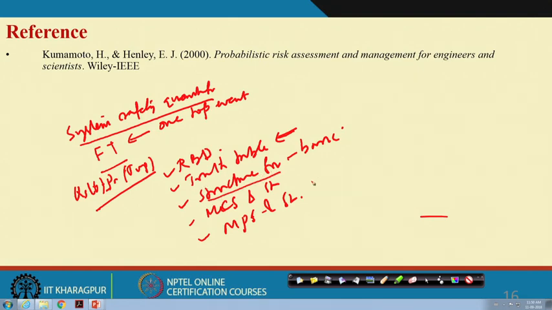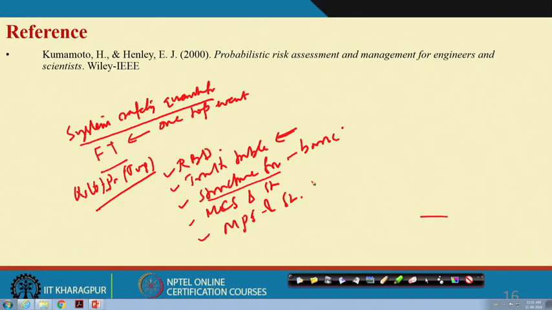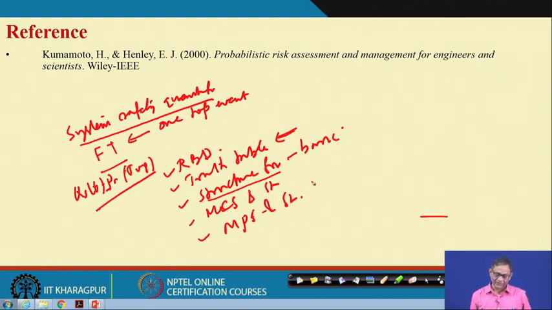In the structure function, instead of using the basic event probability, we have used an indicator variable for all the basic events, because the basic events have two states, either the event exists or the event does not exist. So, the indicator variable y_i equals 1 or 0 depending on whether the event exists or does not exist. Then with the fault tree and the OR gate structure, the structure function for the top event is possible, where the indicator variable psi equals 1 or 0 depending on whether the top event exists or does not exist.